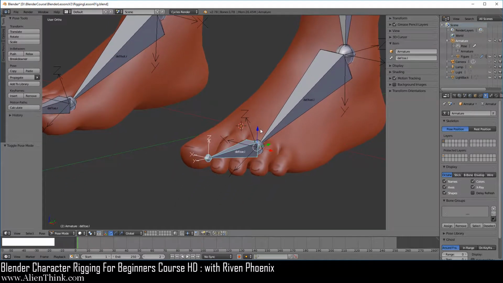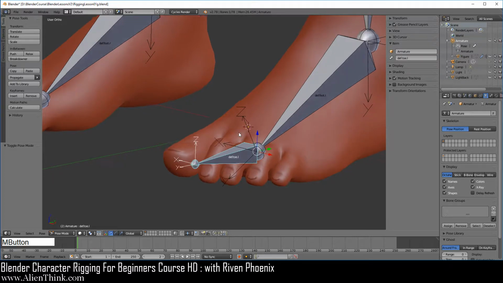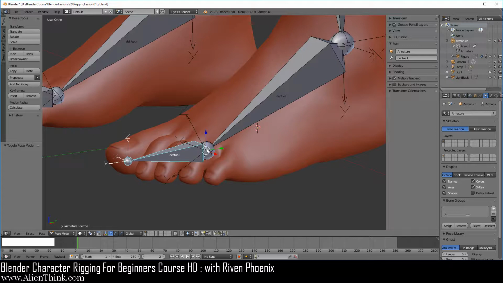Now I'm going to point out a few things here that are going to be a bit obvious, but it's good to understand what you're looking at inside the 3D view when you are working with bones in pose and in edit mode. So the first thing that you will notice is that when you select a bone, it's going to highlight in blue along with its tail. Now you can see over here that we can't actually see the head for this bone. This is because the tail that belongs to the foot.L is actually covering it.